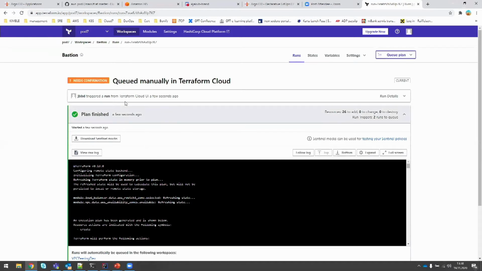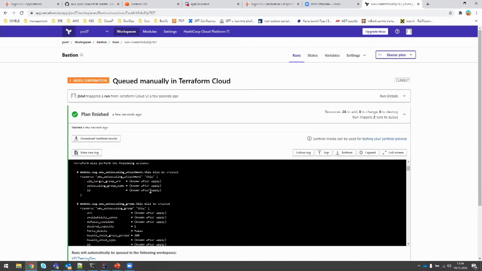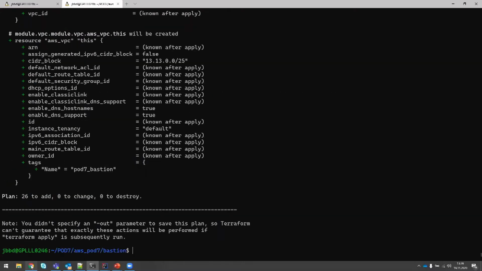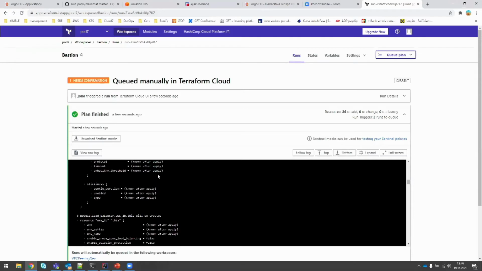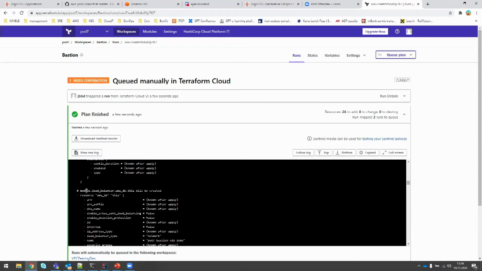So basically, Terraform Cloud is just taking all your code, executing a plan, and showing you here the same thing that you would see locally on your Linux host, gathering all those already available resources from AWS and displaying them on your screen. You can see what actually will be built if we apply it.